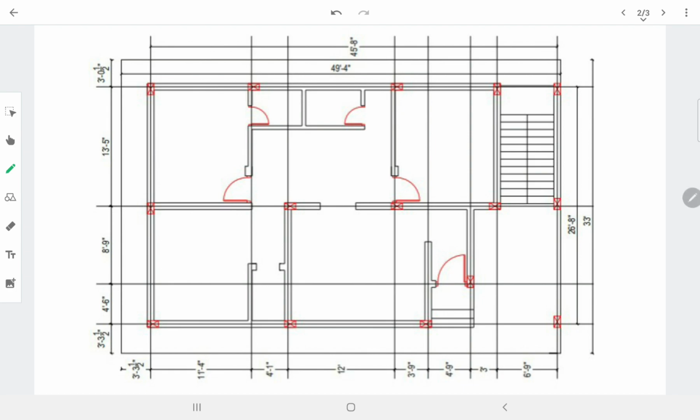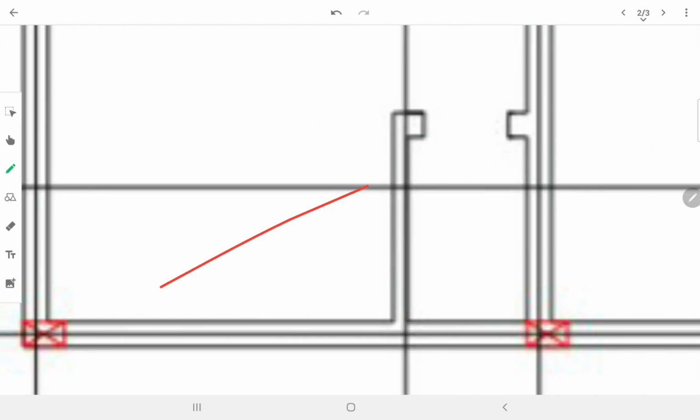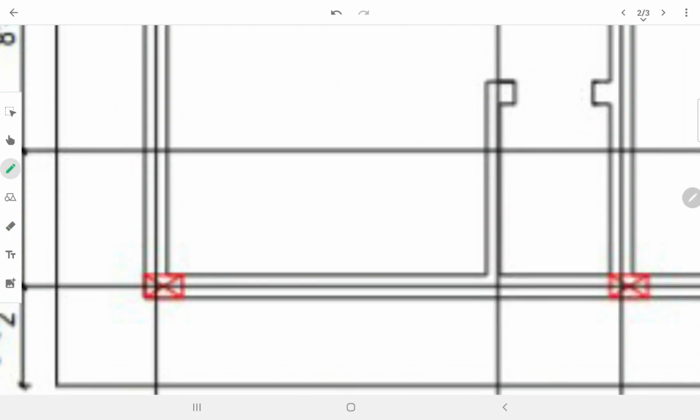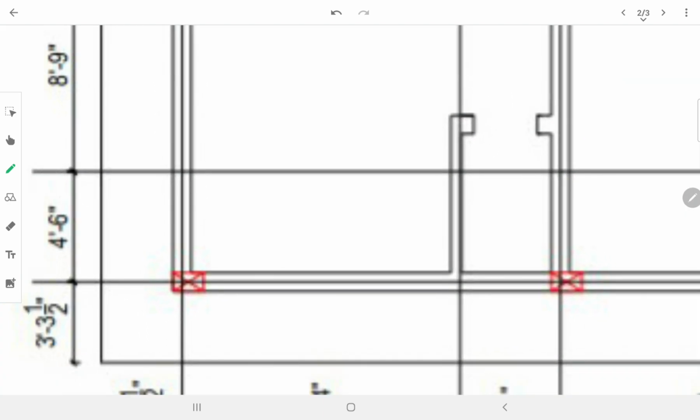Here you can see, because of the image quality, it may look blurry. The column size is 15 inch and its width is 9 inch.